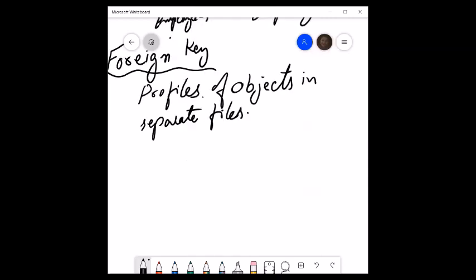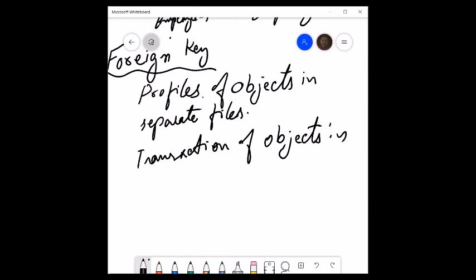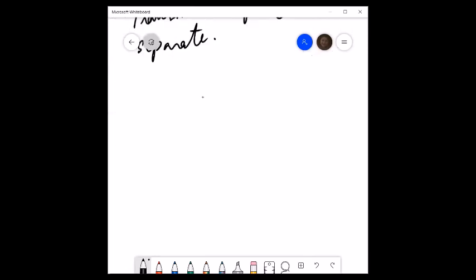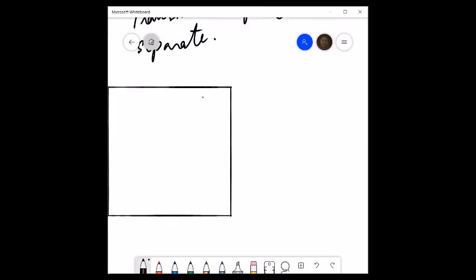and transactions of these objects in separate files. Now, how am I going to know which record has which transactions? Let me first create a table over here,